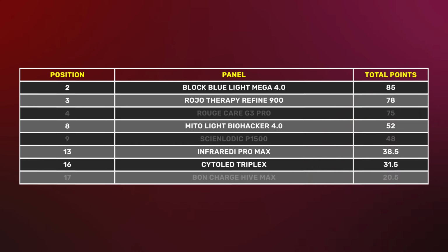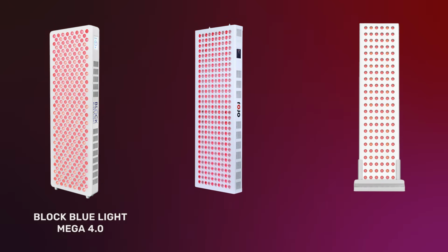So let's narrow our list down even further and just leave the panels that ship from a UK warehouse. Okay, so that means the Rouge Kia, the Cyanotic, and the Bond Charge panels are all out as they're not shipping from the UK. Now, the Mito Light and the Cyto LED panel actually ship from a European warehouse. So it's a little bit better in terms of shipping times, but you've still got the issues with import duties. So that leaves 3, the Block Blue Light Mega, the